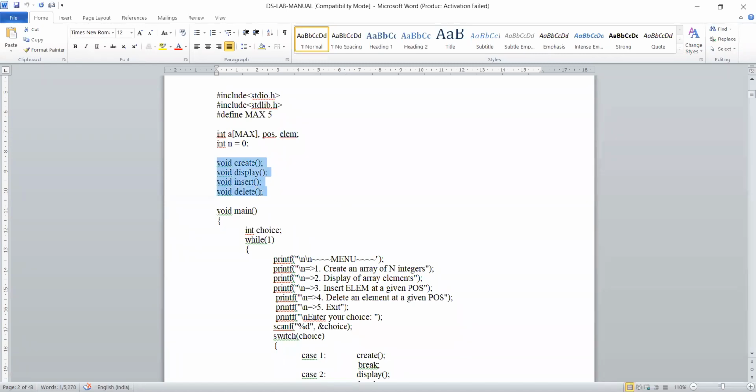You are defining here. See, functions, I hope you people have studied in your C program. There is a difference when you are declaring the function before your main program, globally, just giving the prototype of this function.